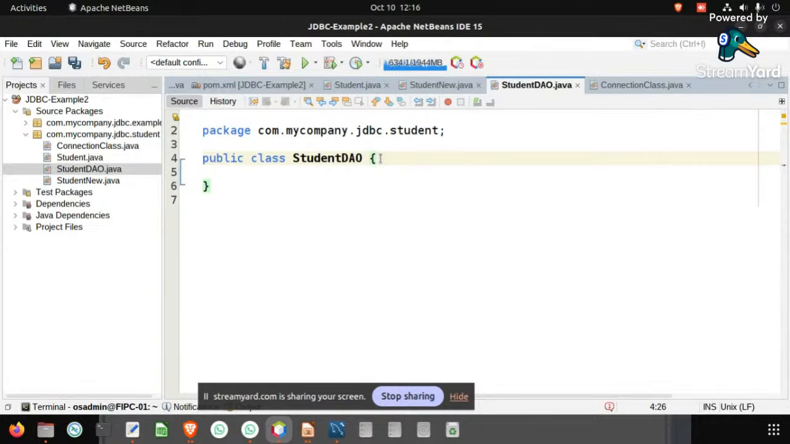First one is going to be select the query and to display all the records. Second one is going to be insert. Third one is going to be delete. Fourth one is going to be update. So all these things can be done by this. Is it clear? So now I'm just going to have a separate method for each